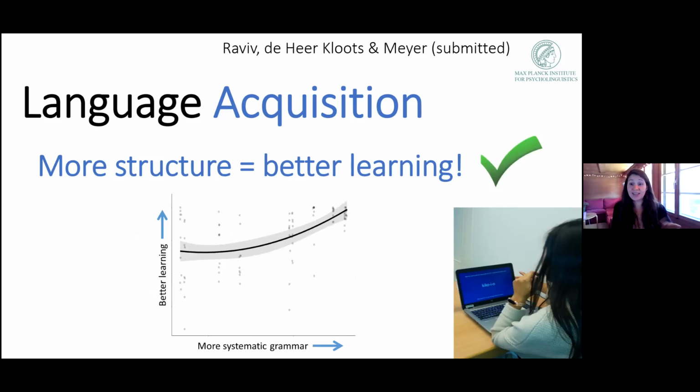If you look here at the accuracy of learning, participants were more accurate at reproducing languages that were more structured, and also learned them faster and more consistently. And I want to point out this consistency thing again, because I think it really matters. If you look at the far left side of the plot, with the very low systematic languages, maybe you can see my cursor. I don't know if you can. You can. So these are the very low structured languages. These are basically languages with no grammar.